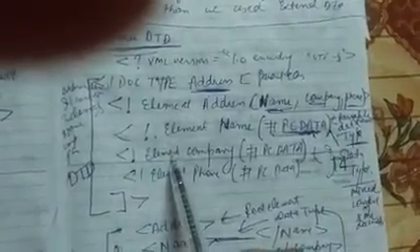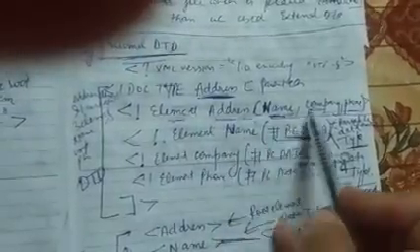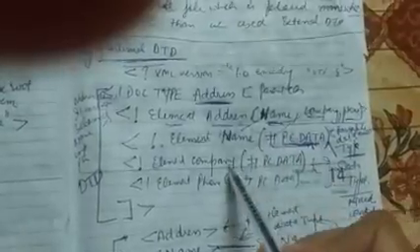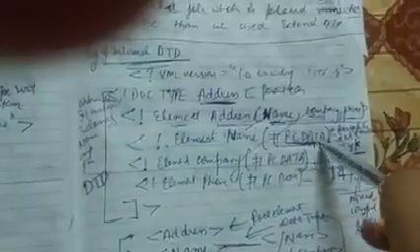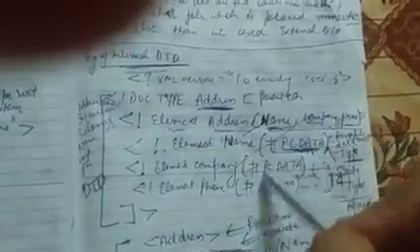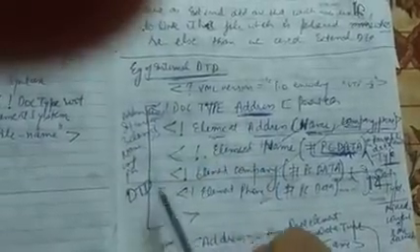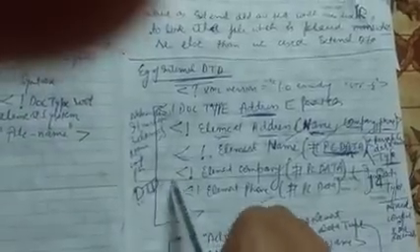The second one is an element, written the same way as element. First we write address, name, company, phone, and now we write element name, element company. Same, all the data types are written the same as here, and then the last one is phone. And this section is called the DTD. This section is called the document type definition or document type declaration.